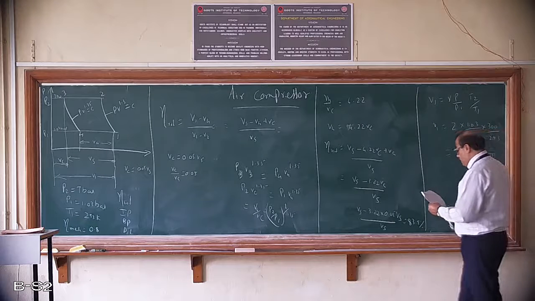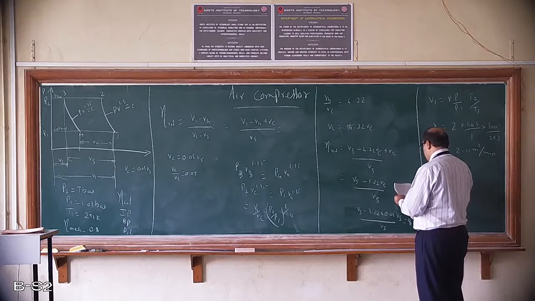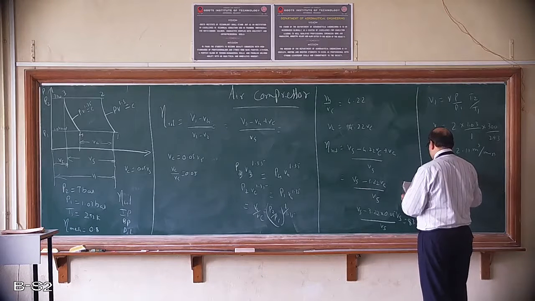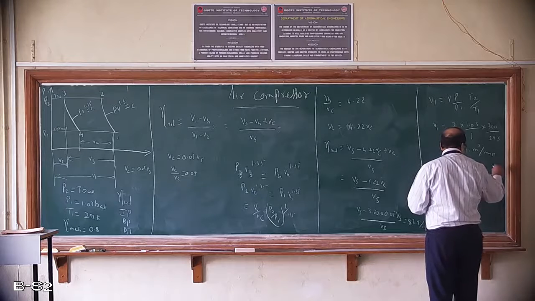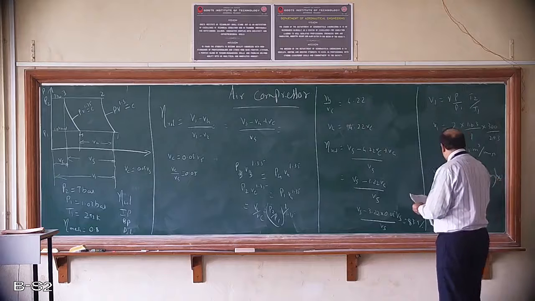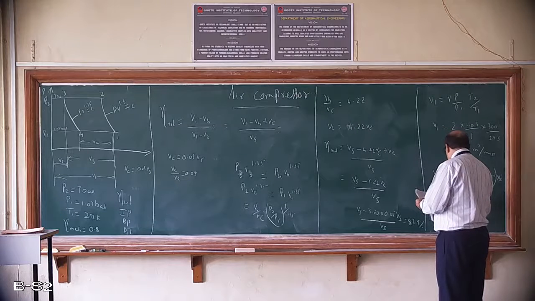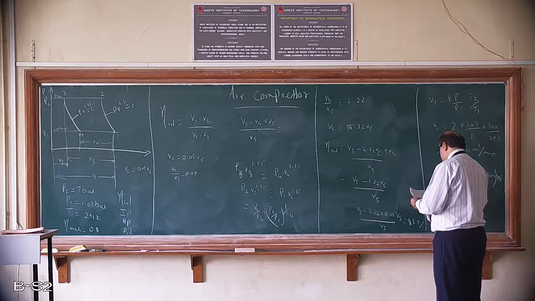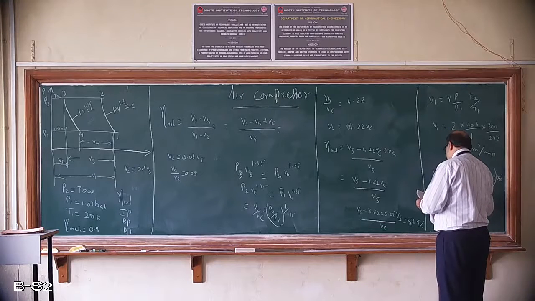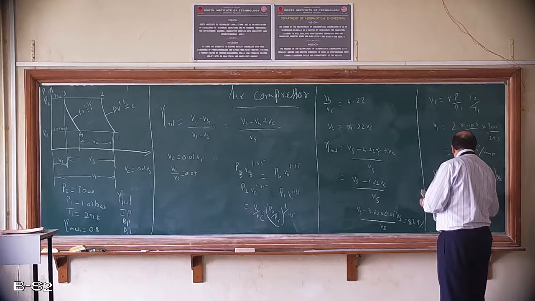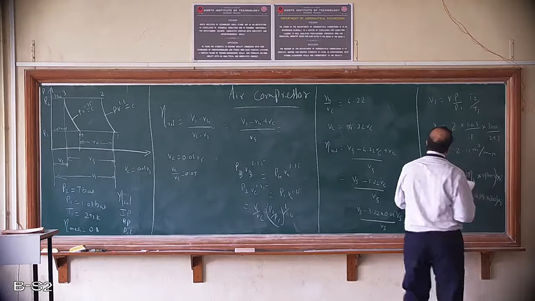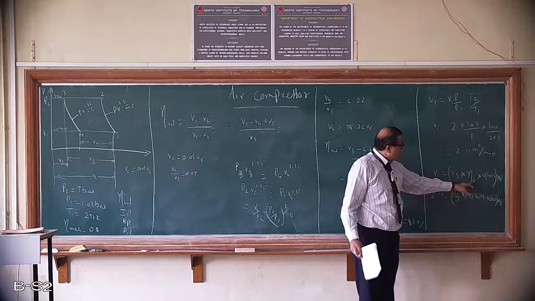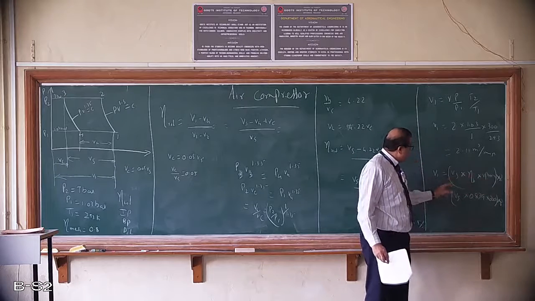But we know FAD, free air delivered, so V1 is equal to Vs into volumetric efficiency into RPM, and this is double acting, into 2. So this will be Vs we know, this V1 we know 2.11. So Vs we need to calculate: 0.839 into 300 into 2. Why 2 here? V1 is equal to swept volume into volumetric efficiency into RPM, into 2 because